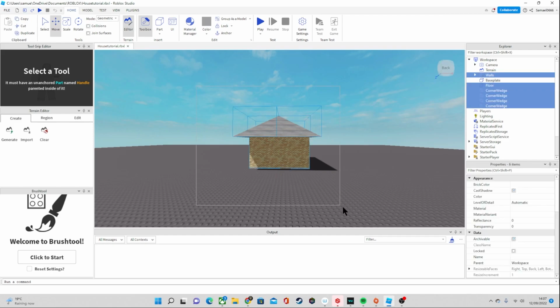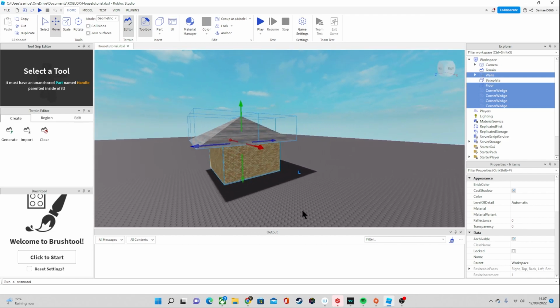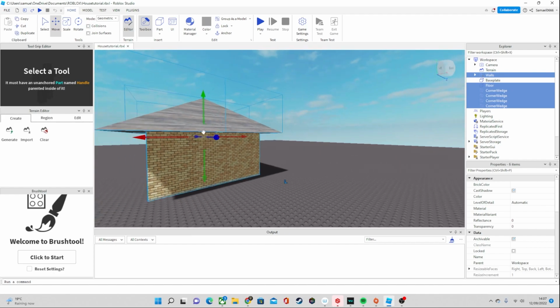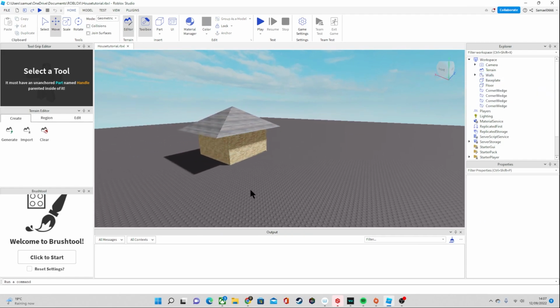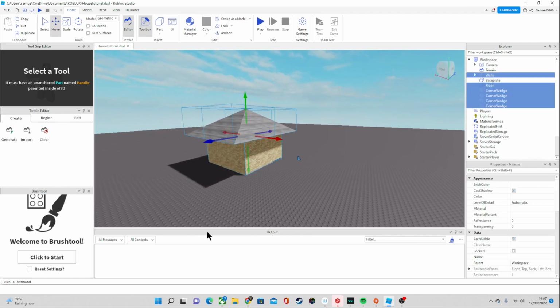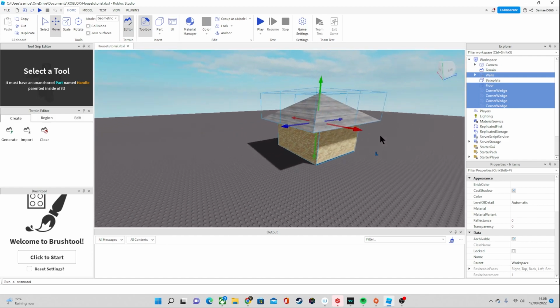So select all by clicking and dragging with your left mouse button, and that will grab all of the models that you can see. It might not get the back, but it will get all of them. Although it did get the back actually, because there's a back there, so let's just double check that. Yeah, it gets all of the models in the vicinity. We didn't get the base plate, which is good. If we had the base plate, we would have to press Control and then select it so we can get rid of it. But now we have all of this, we want to